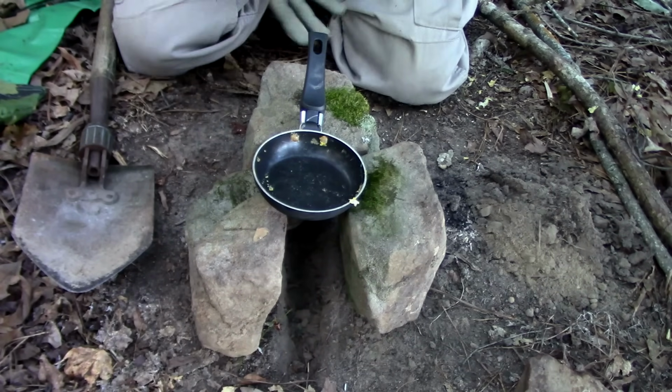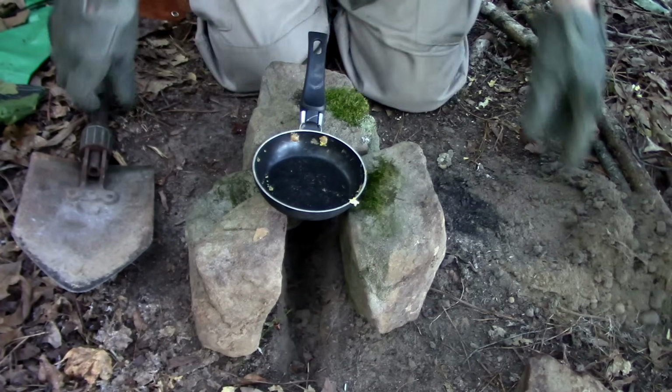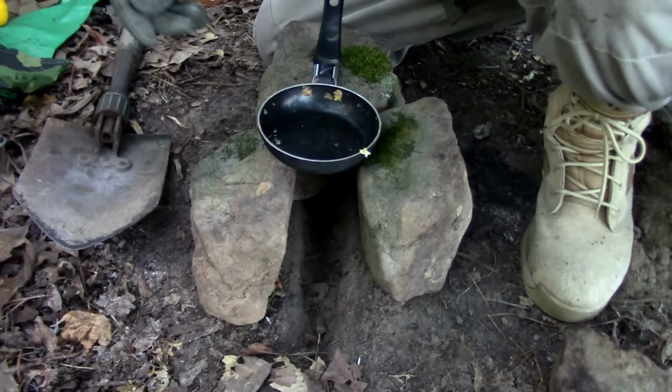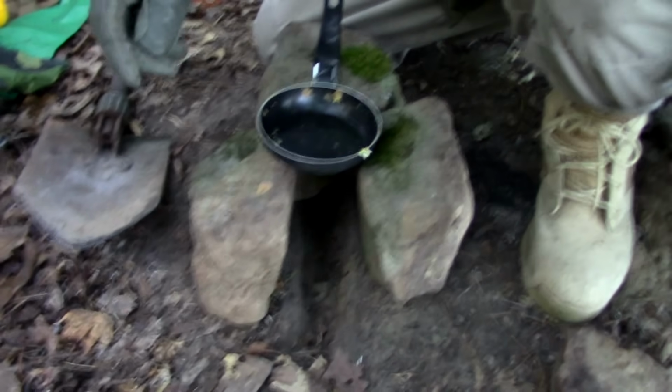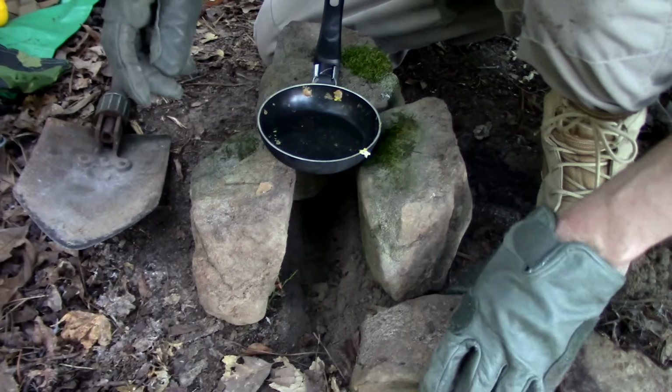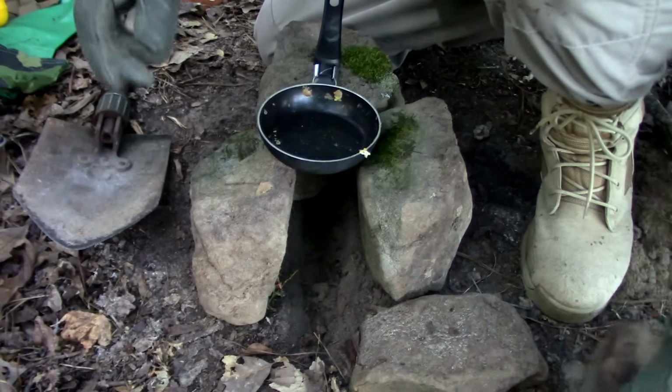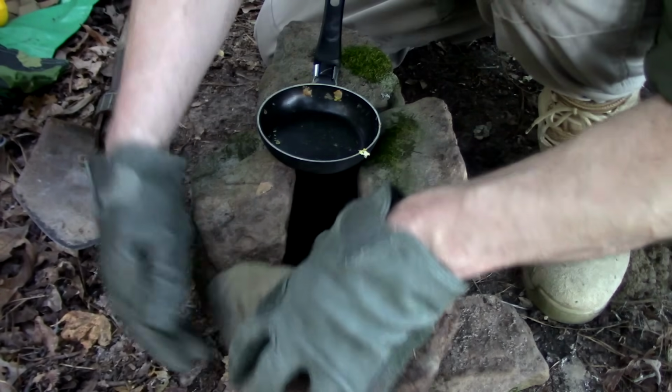Now, let's try another little trick that'll open that fire up further. Let's get you on down here where you can see what I'm doing. I think I'm going to put a rock right here. This is really too big. I need a smaller rock. And then I want to put this rock, well,